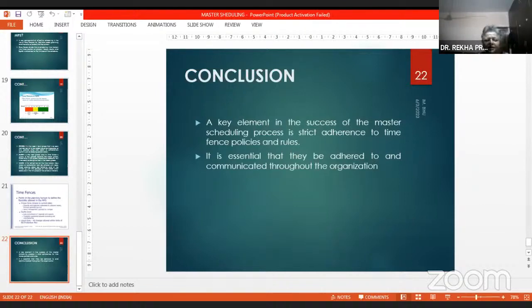Now we'll be moving to material requirement planning. To produce something, you have to know what materials you require, when you require them, and in what quantity.